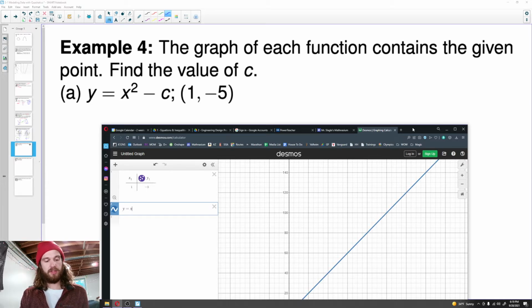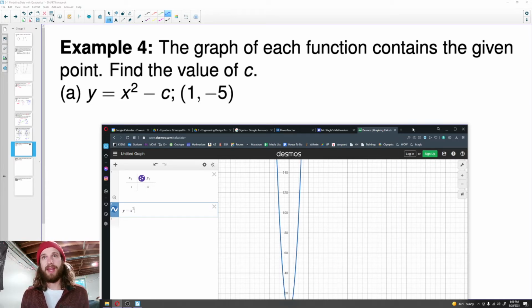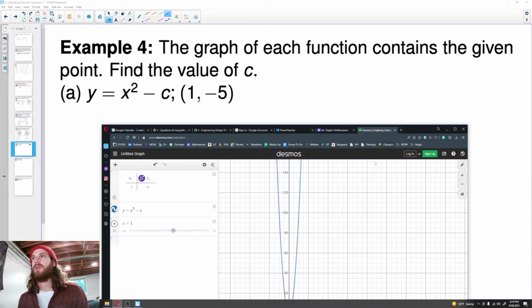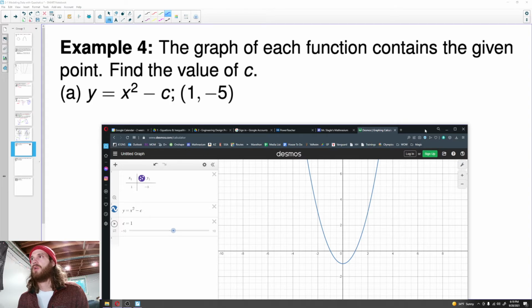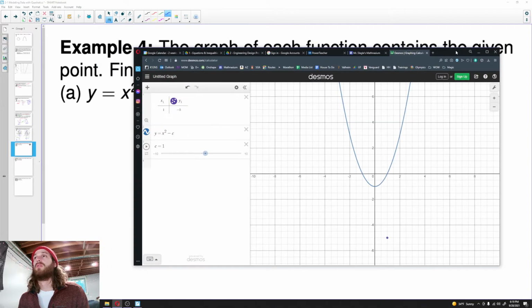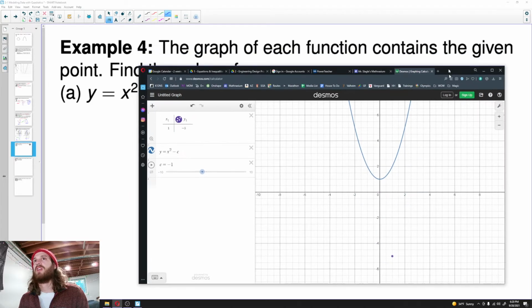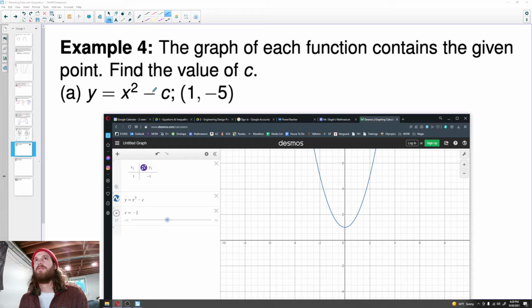Then y equals x squared minus c. And I'm going to add a slider, c. What the slider allows us to do is change the value of c in this equation. So what the problem is asking is, we have a parabola of this form, and I want to know the value of c that's going to